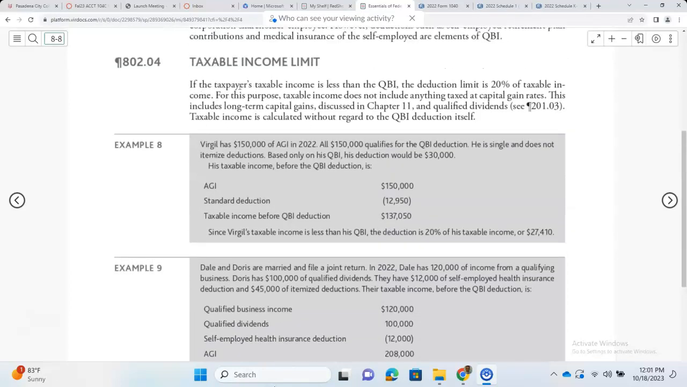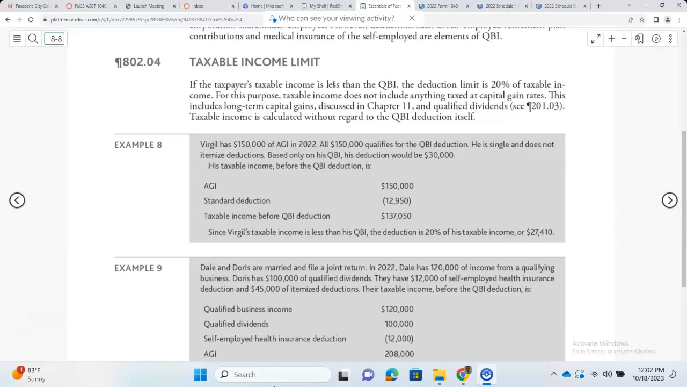So if the taxpayer's taxable income is less than QBI, the deduction limit is 20% of taxable income. So qualified business income is what normally you use to multiply by 20%, right? However, if it says taxpayer's taxable income happens to be less than QBI,